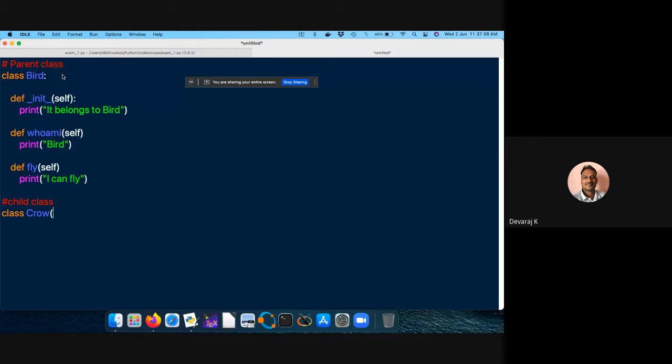Crow. Okay, it belongs to the bird parent class. It has to end with a colon. Then I have to create some instance methods, class methods, def __init__(self):